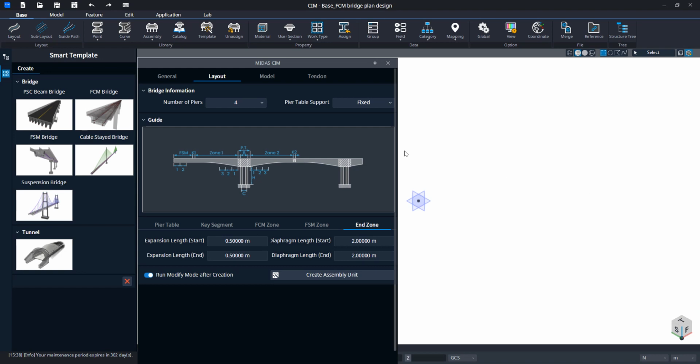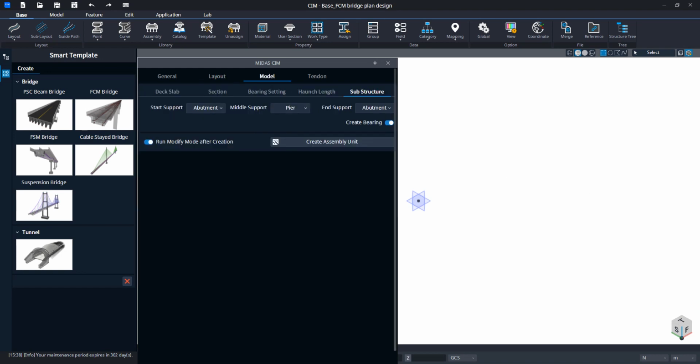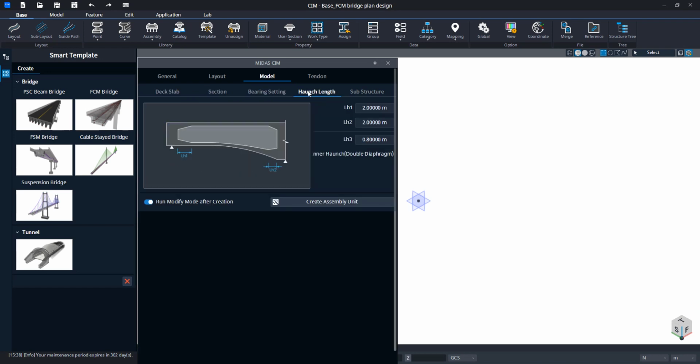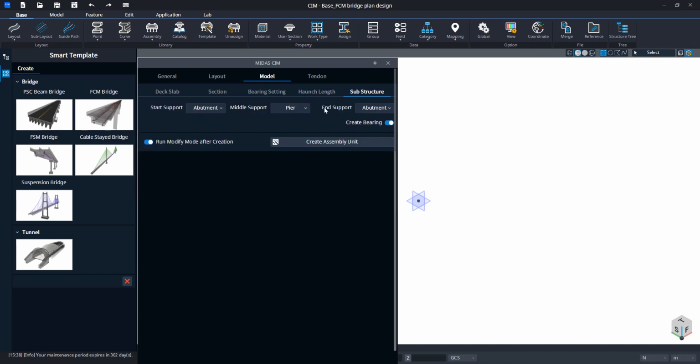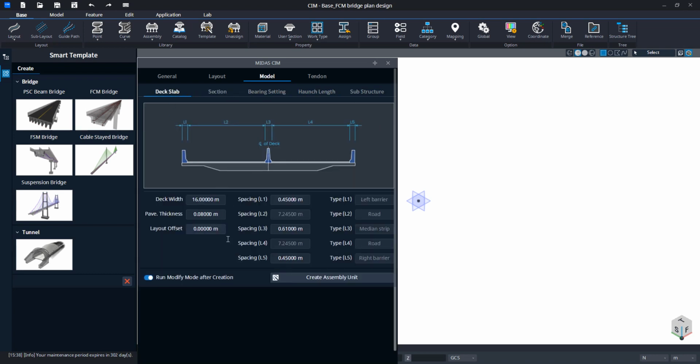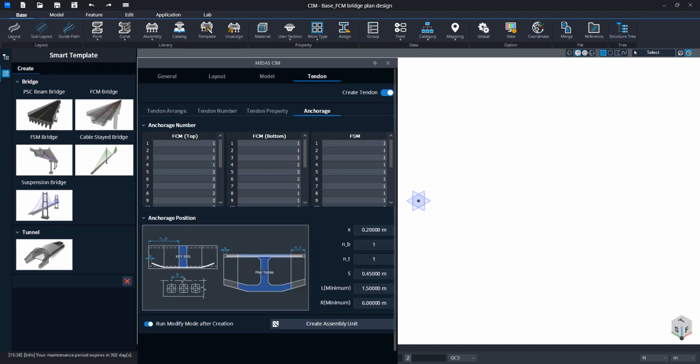Okay, and now moving on to the model tab, you can see that we want to keep this section similar, but of course this depends on your project. You can change all of them using this value, and then to the tendon